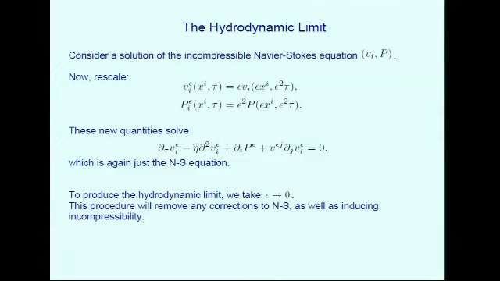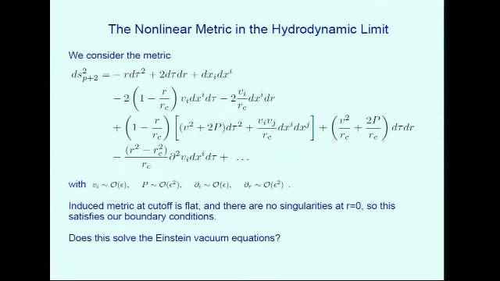Okay, so we're going to want to think about this hydrodynamic limit. Let me just go ahead and put the metric that we'll be discussing up there for you, and once we have it up there, I can talk about where the pieces of it come from. But first of all, let's check and make sure that this metric that I'm going to propose matches the conditions that I've already told you we wanted. So first of all, on the top line here, we have the background. This is just Rindler space in ingoing Eddington-Finkelstein coordinates, which are a particularly nice set of coordinates for this problem.